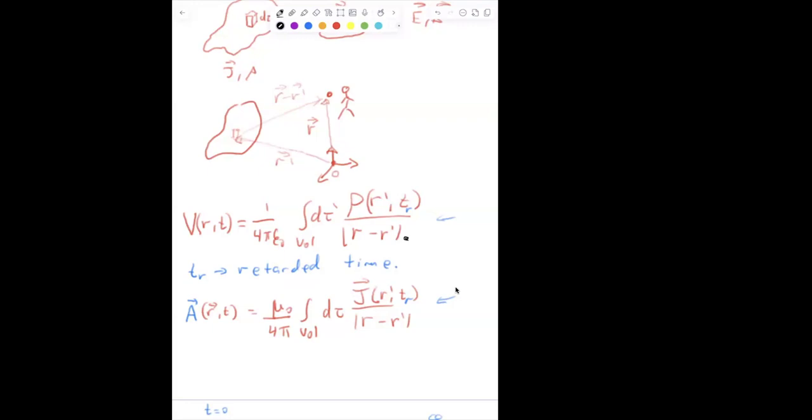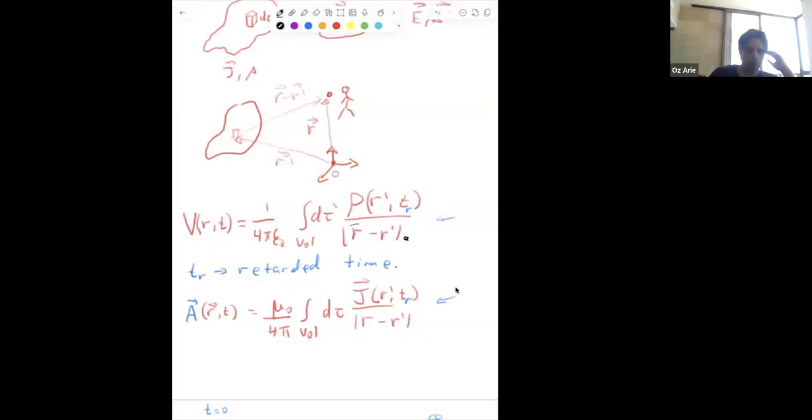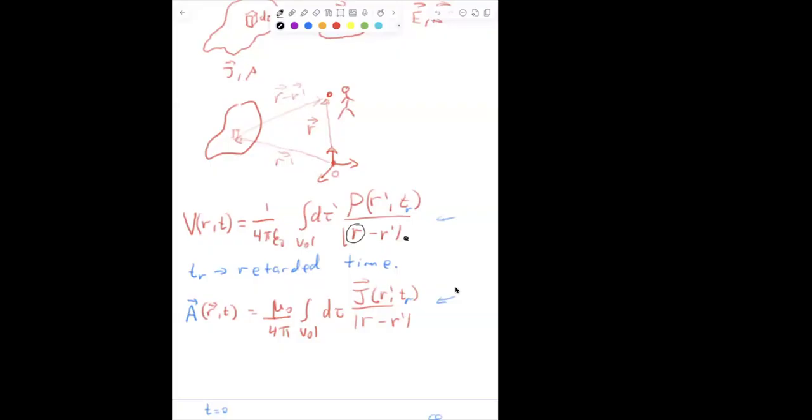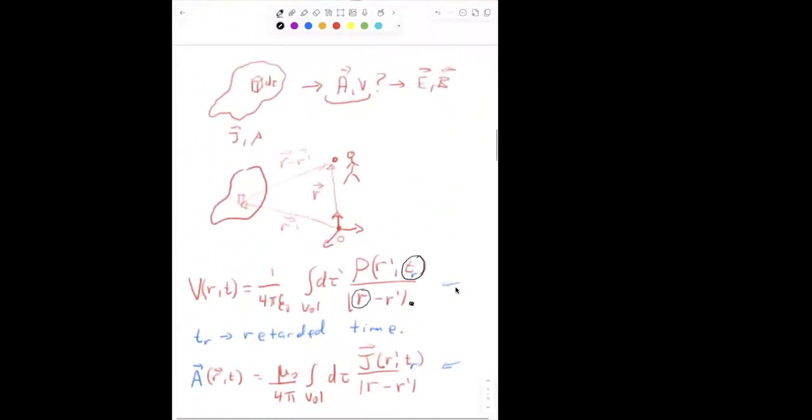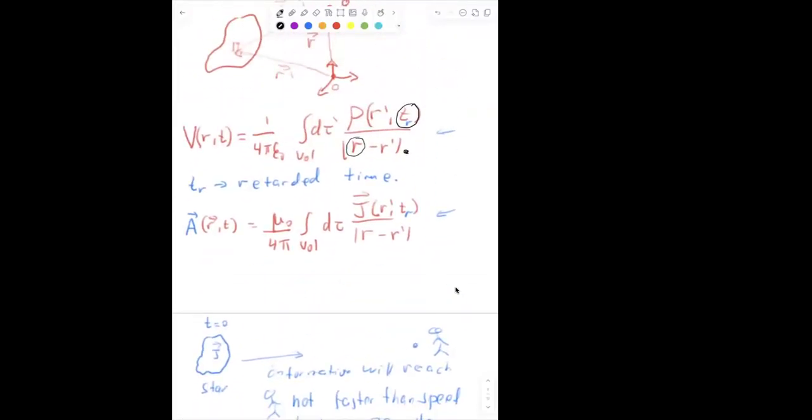Let's say I want to calculate the E. I'm taking first minus div V. So I'm acting on this. However, and that is the point, there is another dependence on r. And this other dependence comes here because the retarded time, which we defined before, depends on r. So when you take the derivatives, you need to take the derivative of 1 over r minus r prime. This is something you did many times before. But then you need to take the derivative here, the spatial derivative, with respect to r of